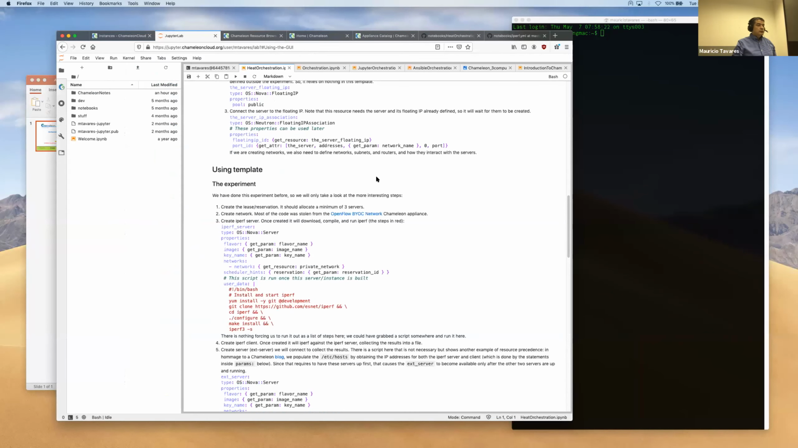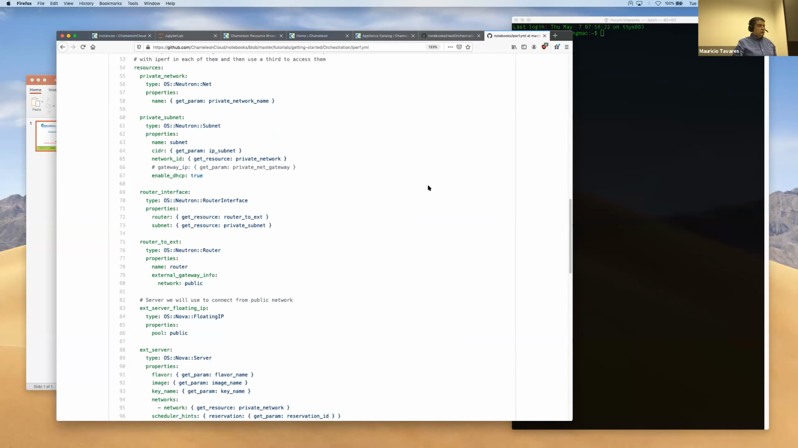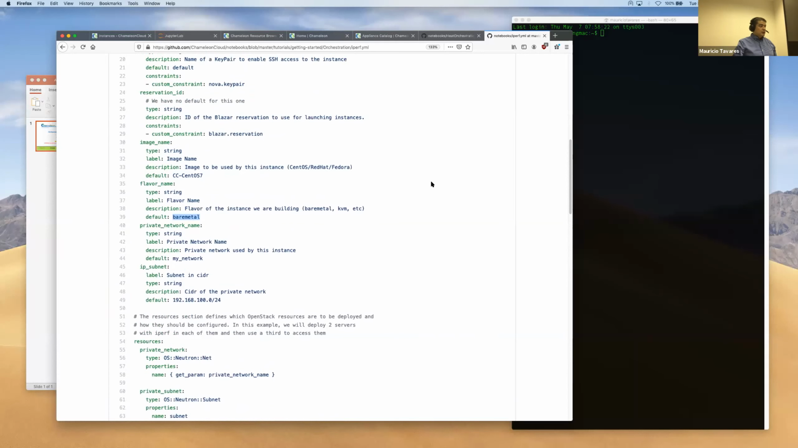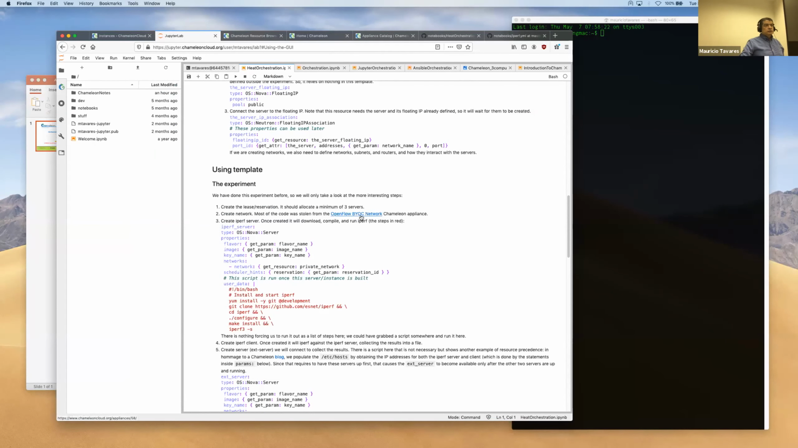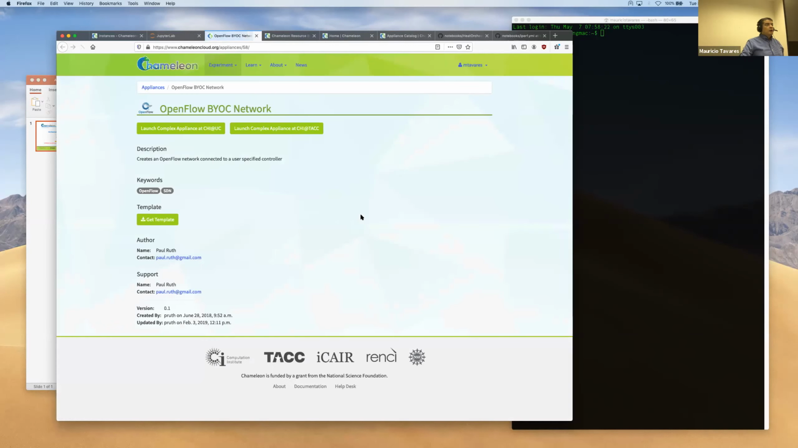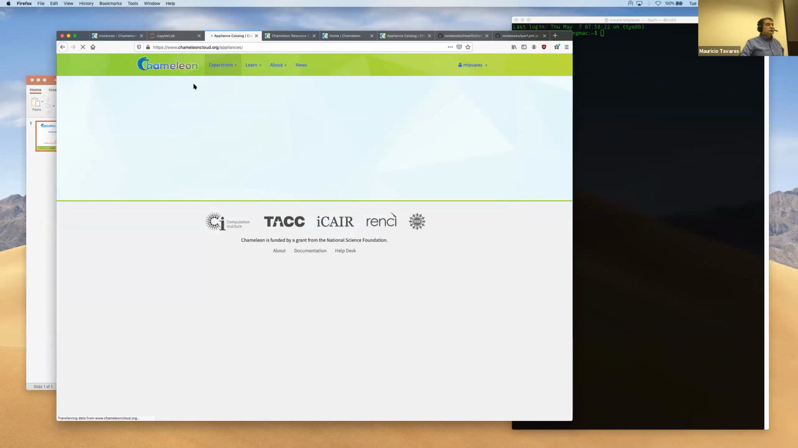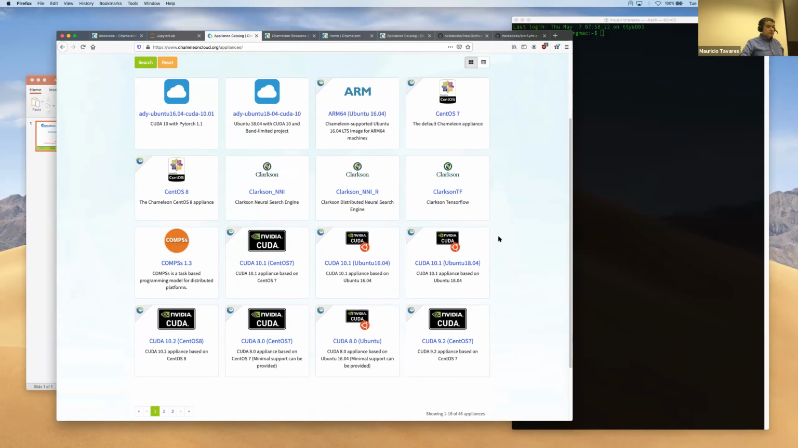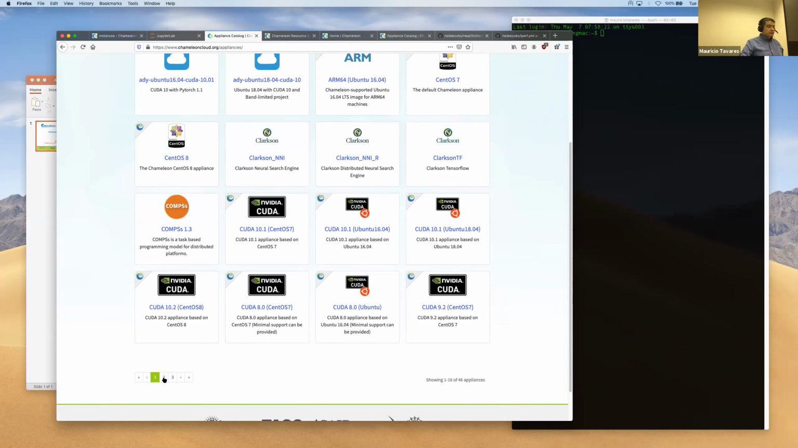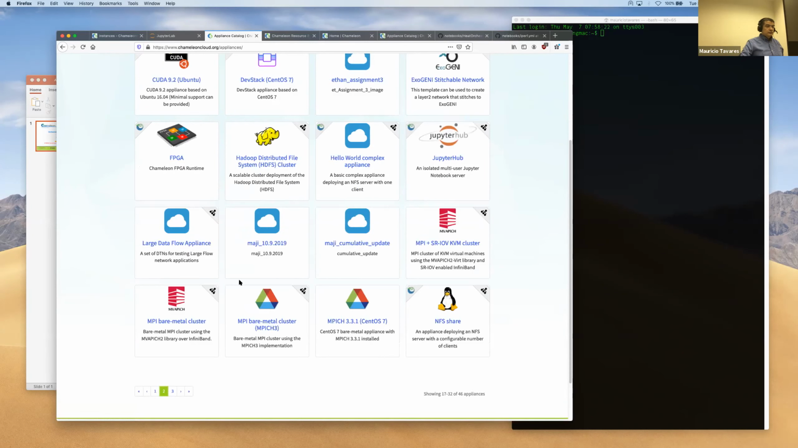Also, while we're looking at that, just to let you know, if you want to see an example of the code I used here to create the network by itself, go to the Chameleon Cloud appliances, not OpenStack, the Chameleon Cloud appliances. And if you scroll down here, I know I have a link that goes straight to it, but